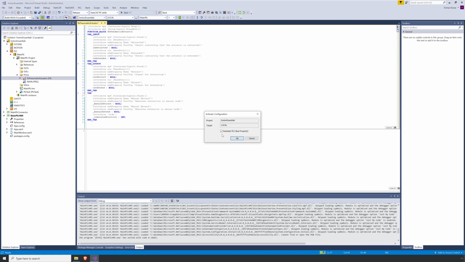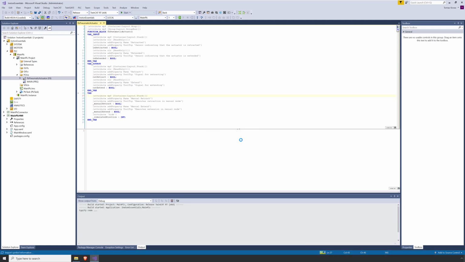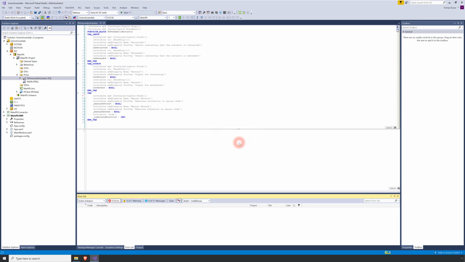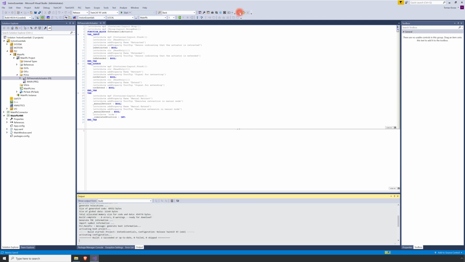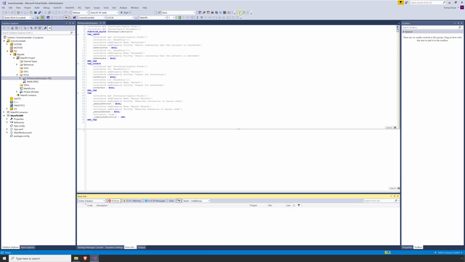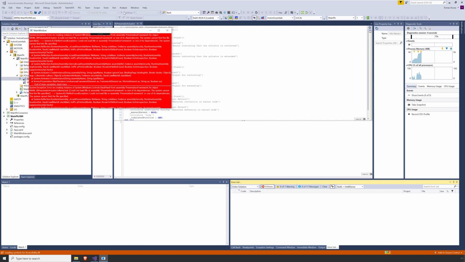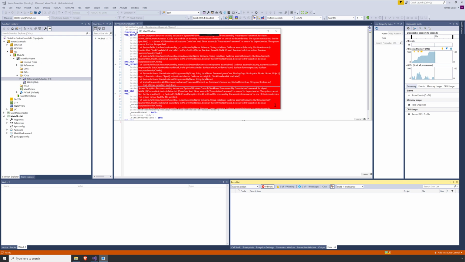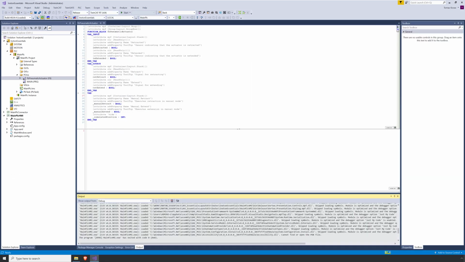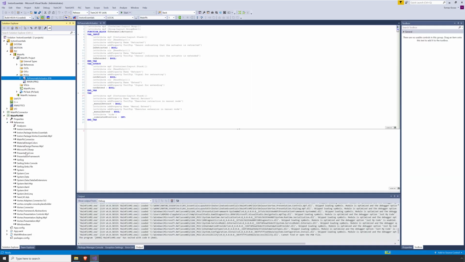Activate configuration and start the PLC. Run the Inkston Builder. Start the application. You should get such a nice red error message. This is a known issue, so just stop the application and change the copy local property for Presentation Core and Presentation Framework.